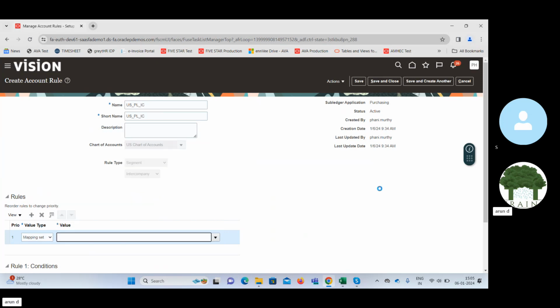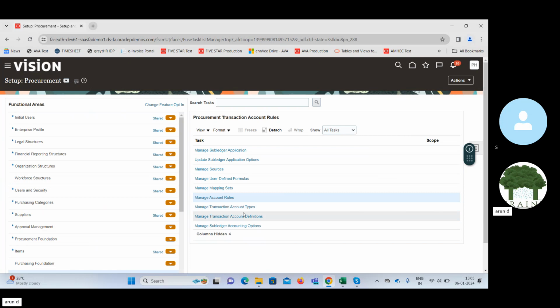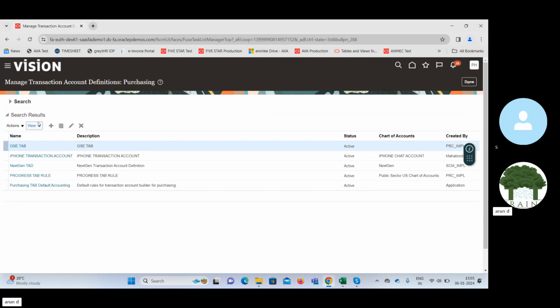Yeah, this is the one. So we have created it for all the segments. Okay, so now this is done. The next step is to add this to the transaction account definition. So I'll just click this. Now here I can say